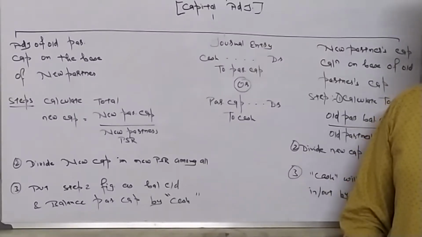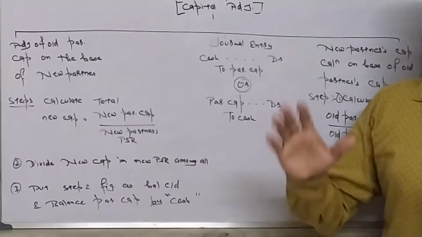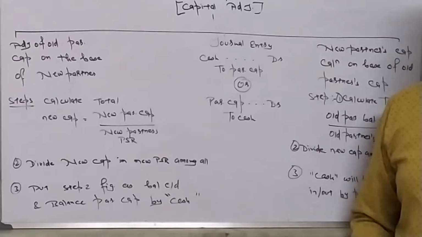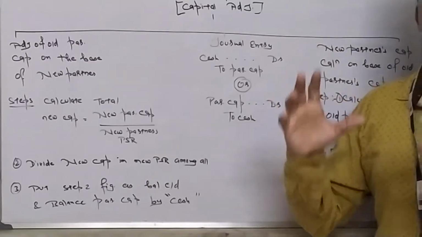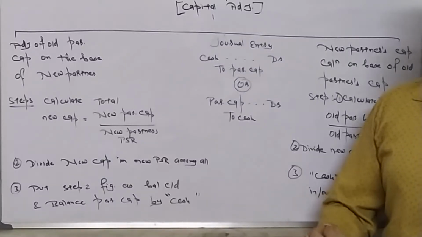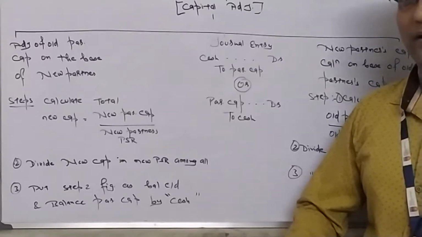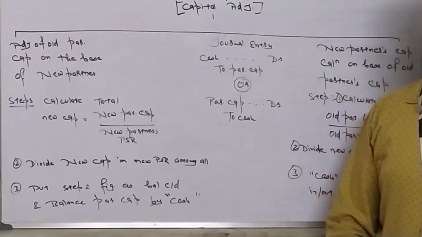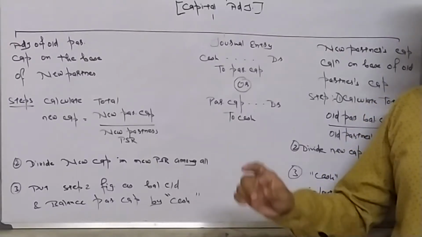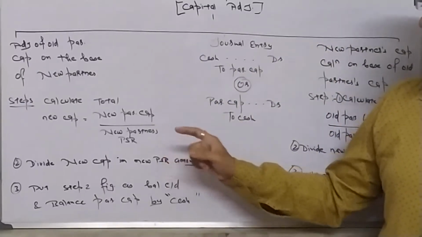Now how will they do it? First we need to calculate total capital. What should be the total capital of the business? I repeat my line. First we need to calculate what should be the total capital of the business. In the question, they have given us new partner's capital which he has brought in. We also know new partner's profit sharing ratio. So when we divide the new partner's capital with his profit ratio,